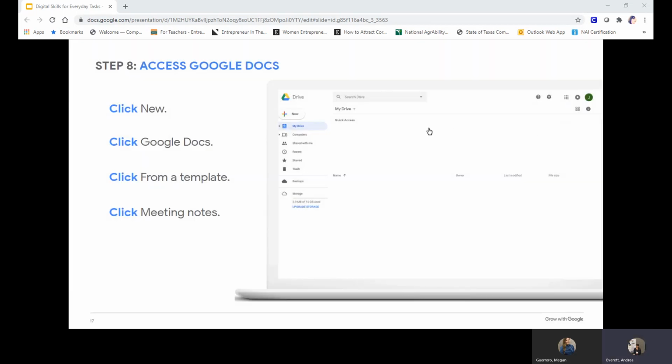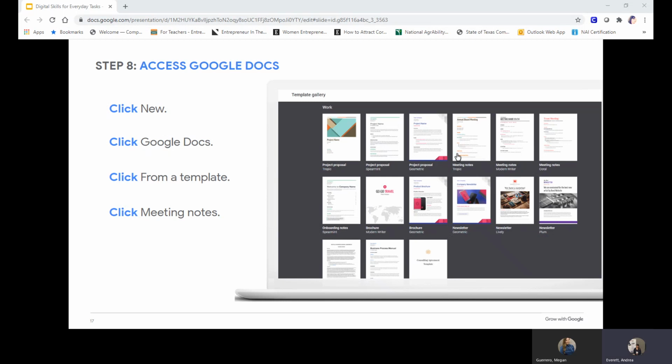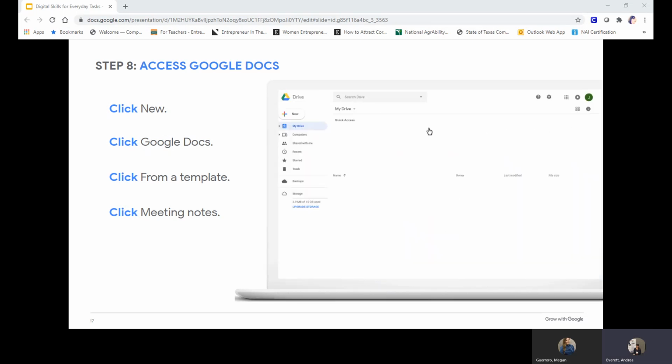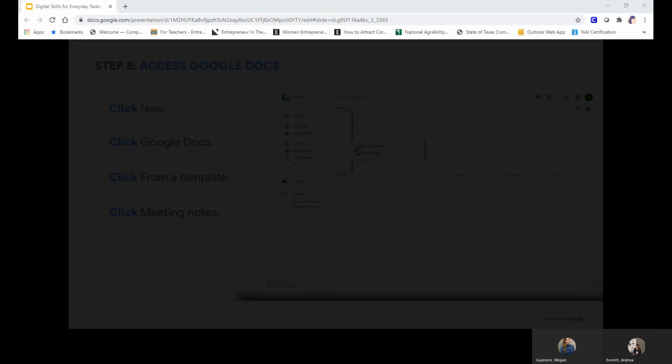Just like we did with this sheet, we are going to start off with a template with some of the overall design and basic elements. This opens the Google Docs template gallery, just like you saw with Sheets. There are lots of document templates from which to choose. Open the meeting notes template you want to use.